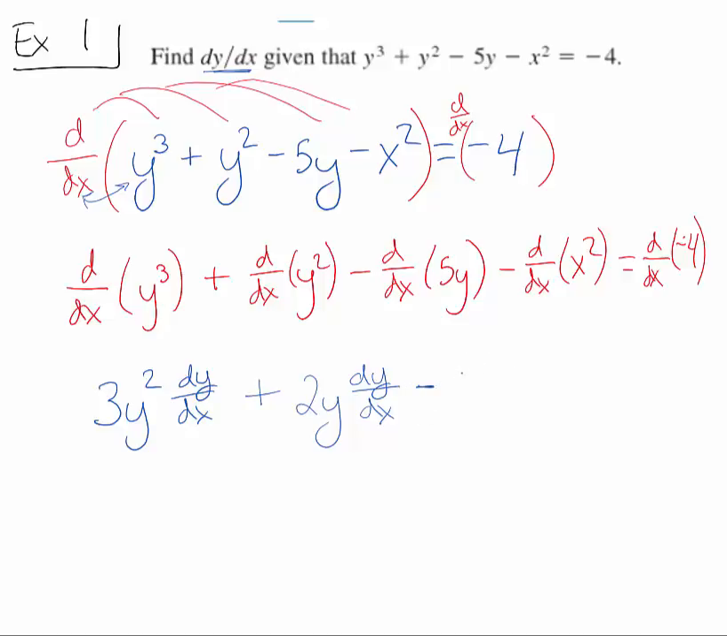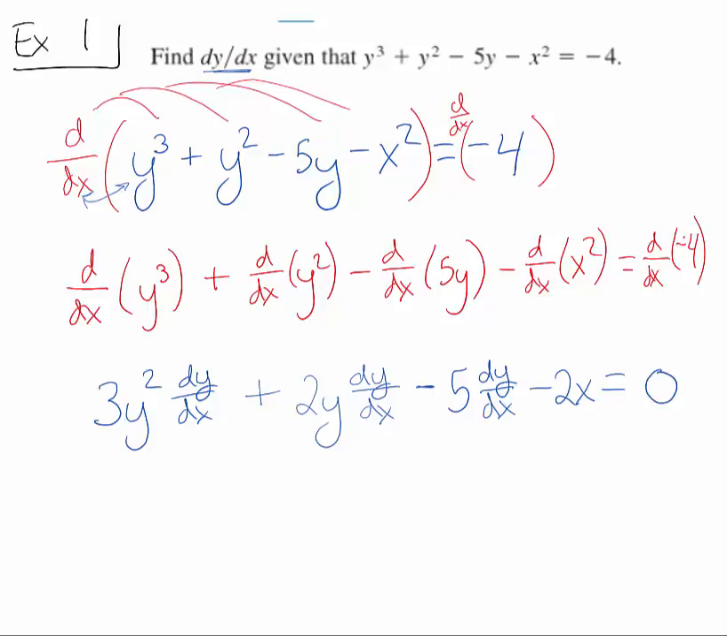minus 5 dy dx minus 2x equals, now the derivative with respect to x of negative 4, it's a constant, so it's just going to